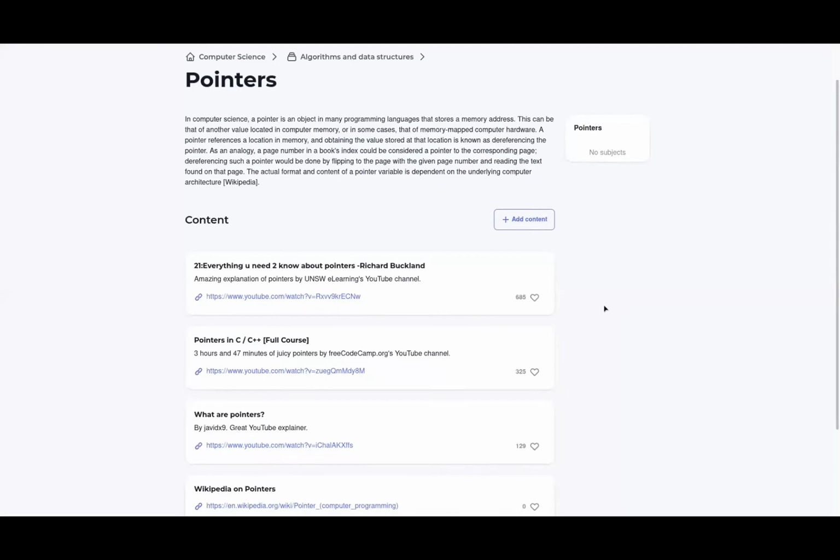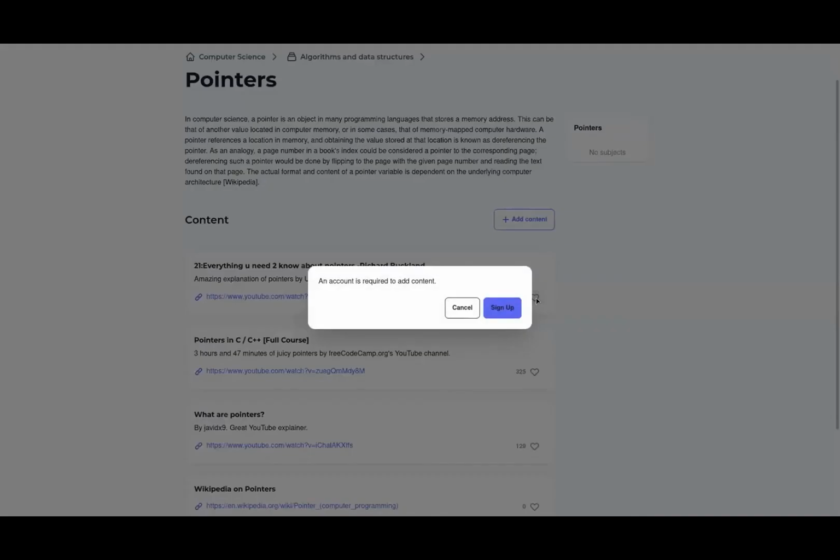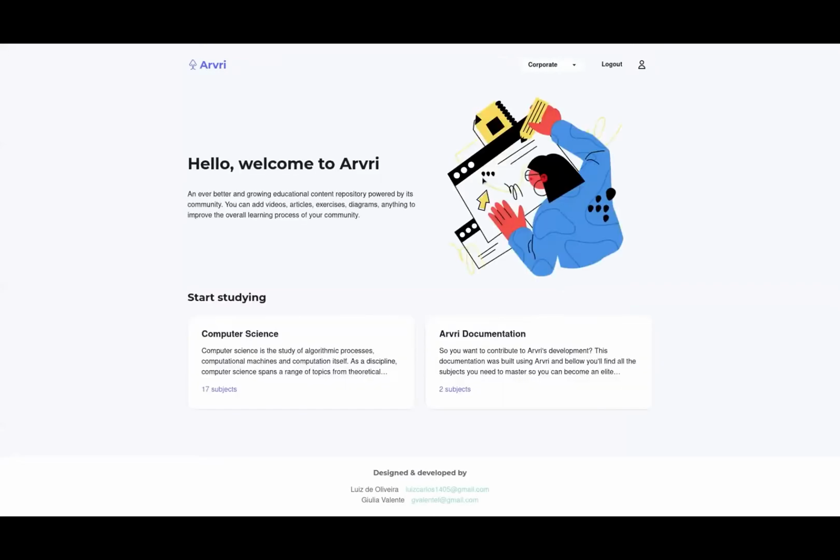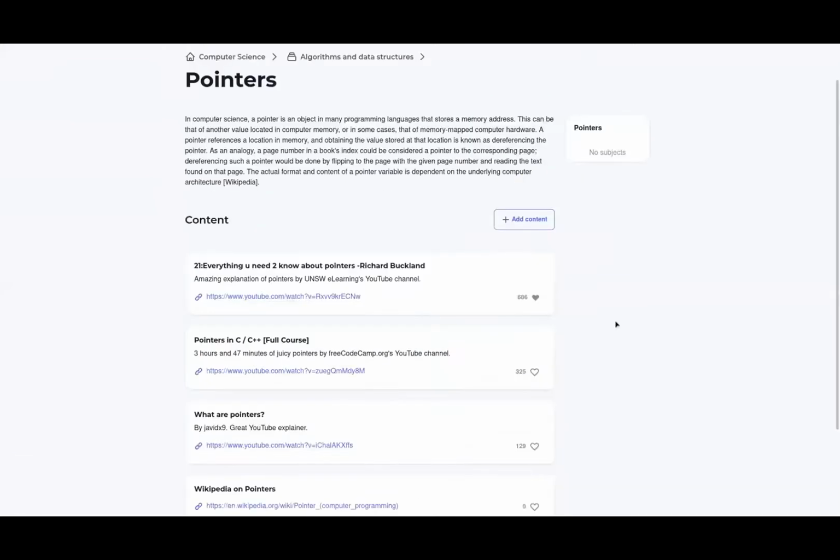So I see a little heart in there. Can I like content? Yes, you can just click on it. And of course, you need to be logged in. So let's create an account for you. Alright, type in your email and your password. I'm not looking. And you get redirected to the home page. Well, sometimes the developers get quite lazy, if you know what I mean. Oh, don't get me started. Super lazy. Let's go back to pointers, shall we?